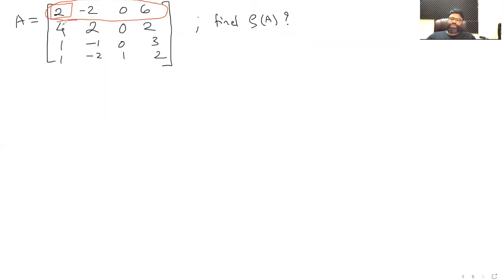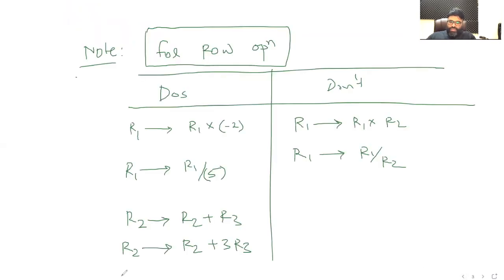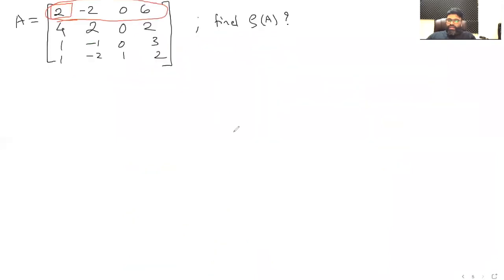Or you can also switch rows. So let me add that here. You can switch rows. You can exchange row 2 and row 3, row 2 and row 1. Like over here, either we could exchange row 1 with row 3. That is a valid step. Or we could do row 1 becoming row 1 divided by 2. Both the steps are correct. You could either do this or you could do this.